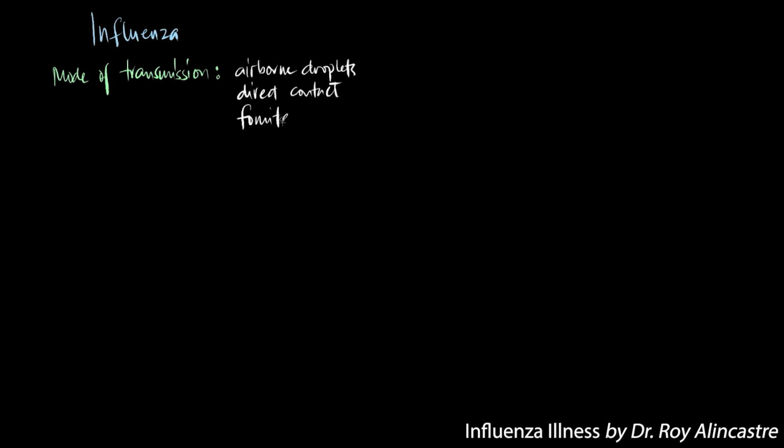Now, how does influenza cause illness to us humans? The virus spreads from person to person by airborne droplets or by contact with contaminated hands or fomites. Signs and symptoms of the disease may not appear until after the first 1 to 4 days after infection. So, this is the incubation period. And it also depends on the size of the viral dose and the immune status of the host.